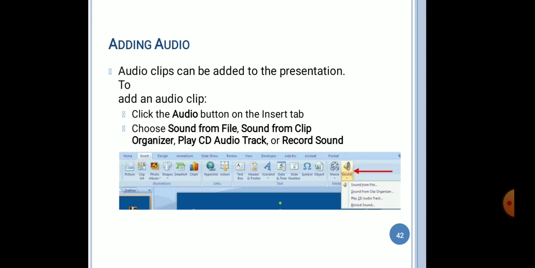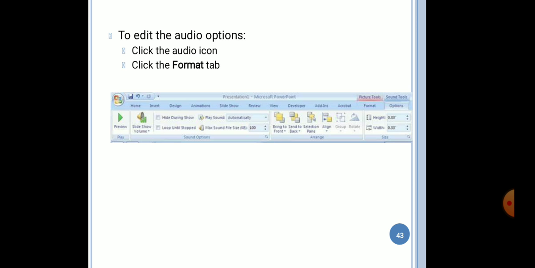So in this way you can add an audio clip to your presentation. Then, dear students, you can also edit the audio option. How? First of all you have to click on the audio icon and then click the format tab.